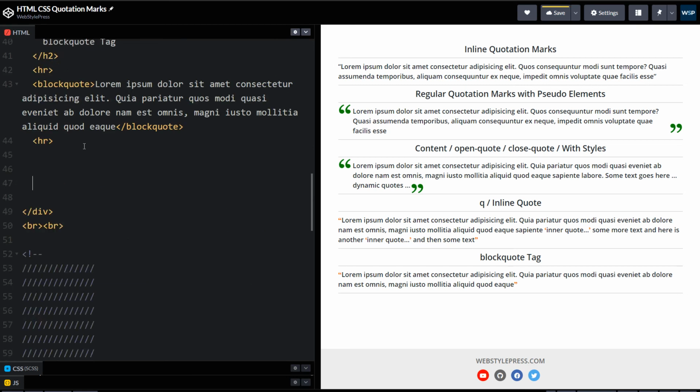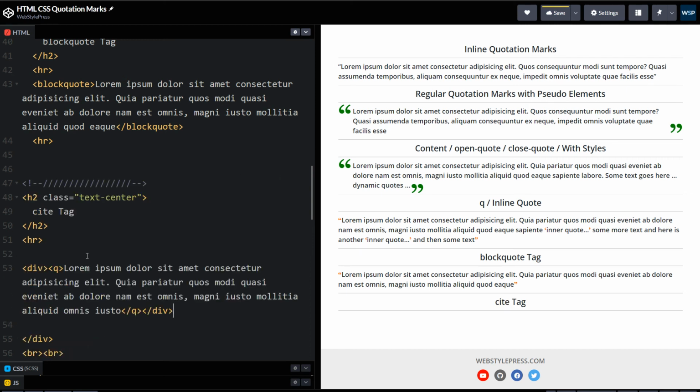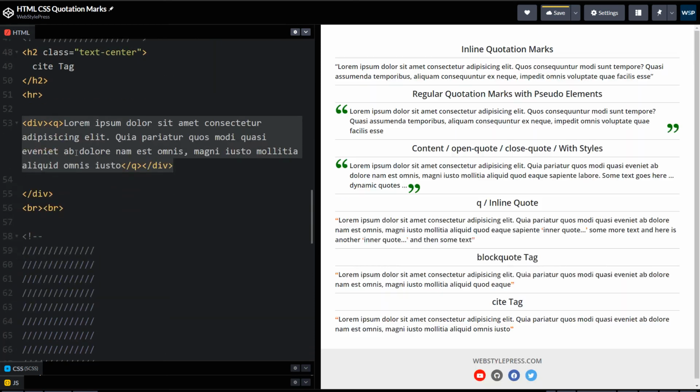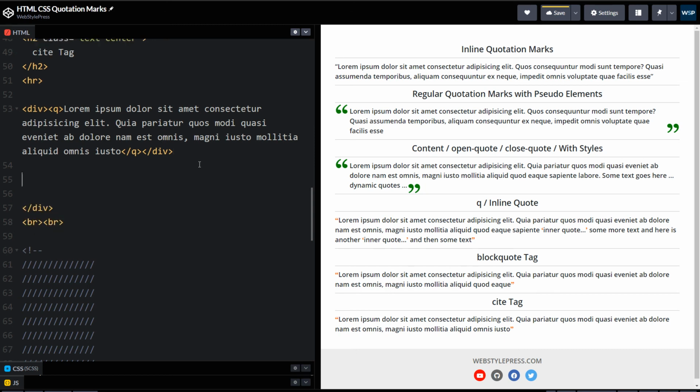And to quote something, we have another HTML tag, that is the cite HTML tag. It does not need quotation marks, but I will show you something in it. Let's say this is our quote. We have used text and enclosed that text inside Q tag. And here is how we cite something by using cite tag.